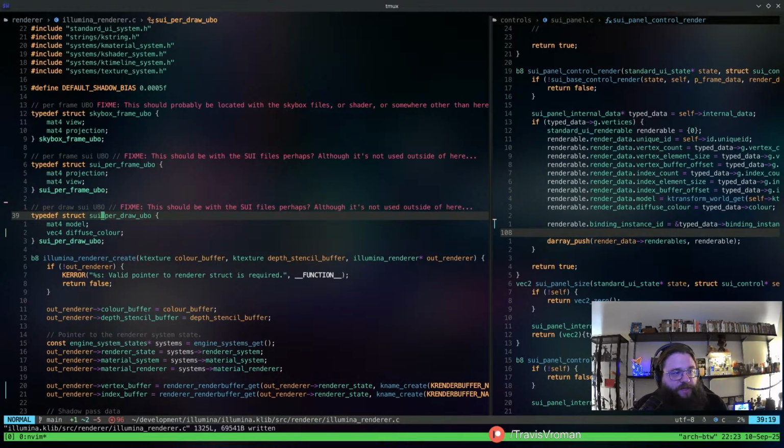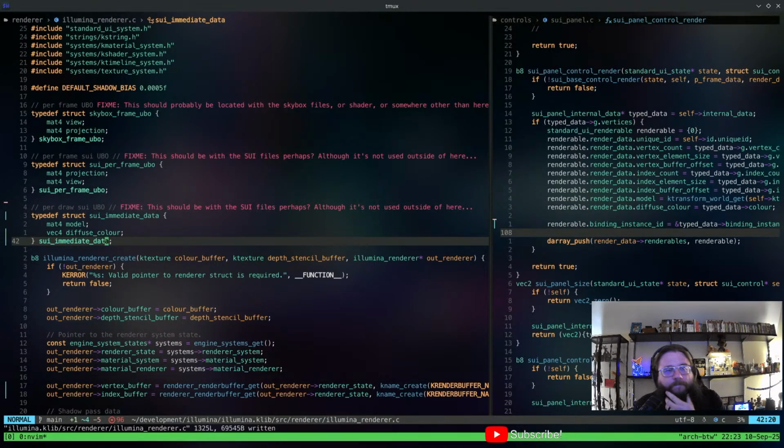This is also going to be the, I guess we'll say SUI immediate data. So this is kind of an example of the multiple backends that I was talking about and how we architect the engine to have that kind of stuff in mind, right?